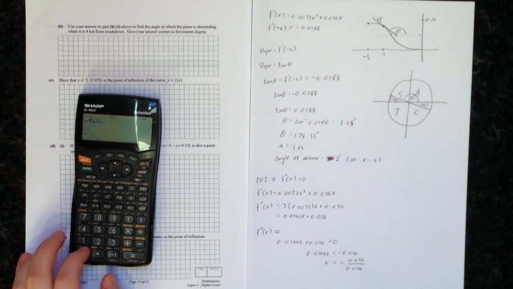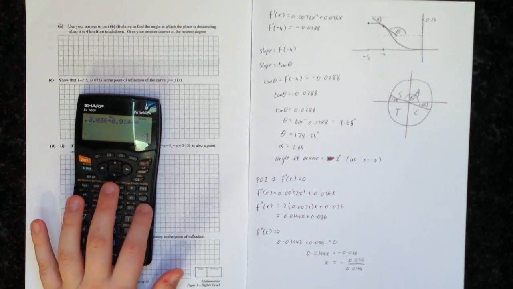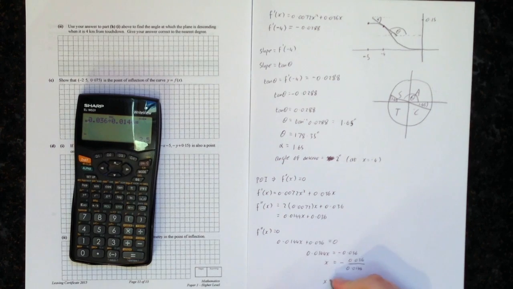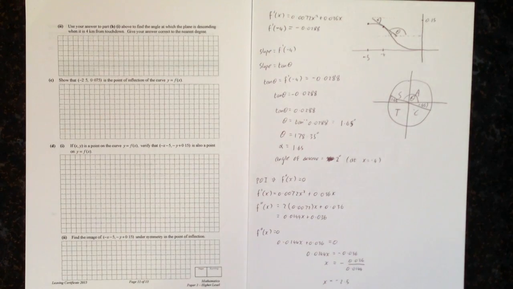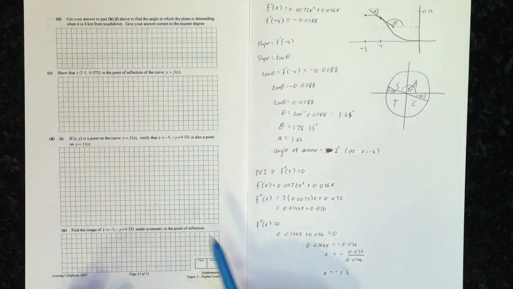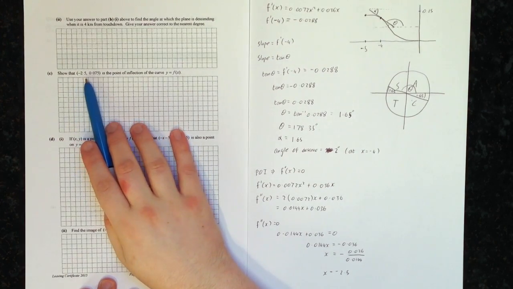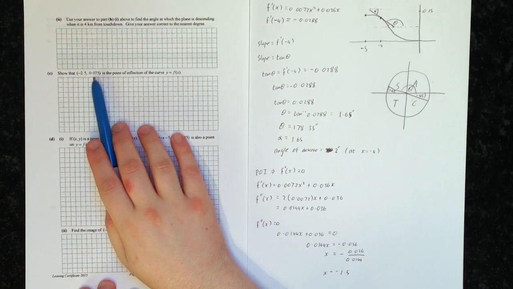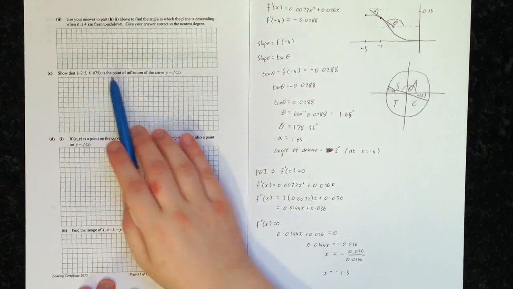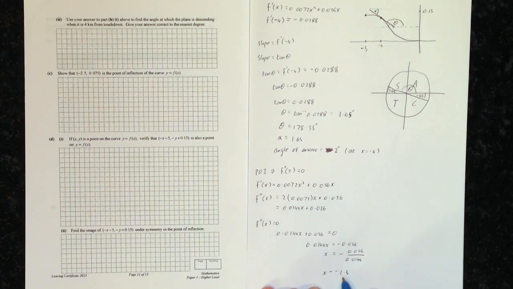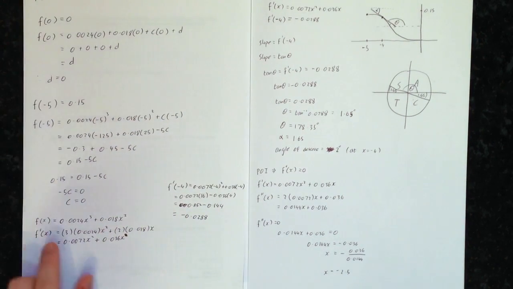So 0.036 divided by 0.0144 is equal to 2.5. So x equals minus 2.5. So we have our desired value for x. We have that x is equal to minus 2.5. As required, the x value here is minus 2.5. So now we want to show that the y value is 0.075. So what that means is when we put minus 2.5 into the original function, we get out 0.075. Now, the original function, f of x,